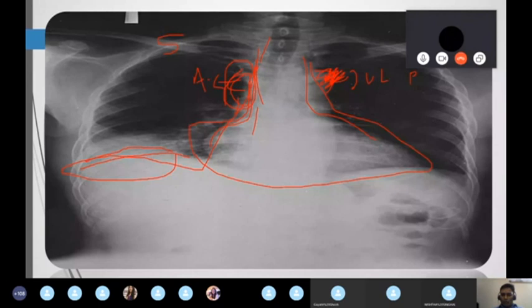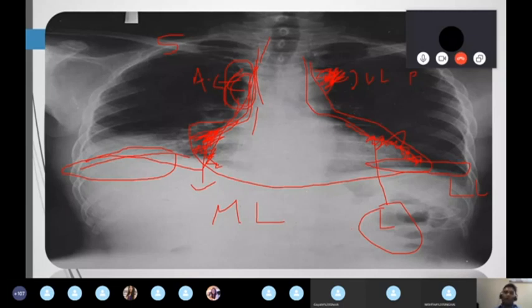Now I told you, whenever you're not able to see the diaphragm, close your eyes and tell involvement of the lower lobe. Now listen properly. Whenever you're not able to see the right atrium border, because it becomes full white with opacity, close your eyes and tell, sir, the patient has involvement of the middle lobe. Here also, a patch is there, and I'm not able to see my left ventricle border because full opacity is there. Close your eyes and tell involvement of the lingula. Understand, involvement of your lingula.